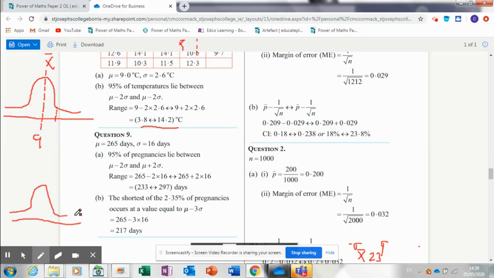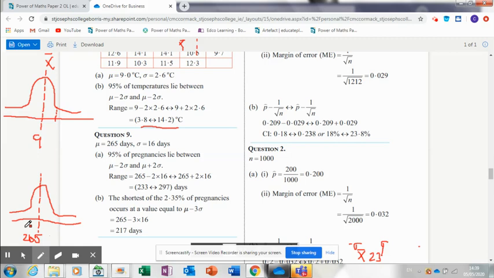Just draw a rough little curve because it makes it much easier for you. Right, so your mean there again is 265, you're told, and a standard deviation of 16 days. In other words, it could be 16. So what you're saying there really is that 68% of births will be 265 minus 16